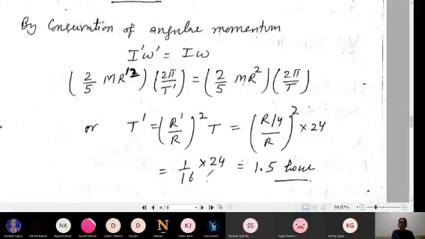So it means if the earth is shrinking, then time period is decreasing. Time period means, of course, the time taken to complete one revolution. So this way you can find the value of the new time period when the earth is shrinking. But of course they have said mass is remaining the same. So that is why m on both the sides is taken same, that will cancel.